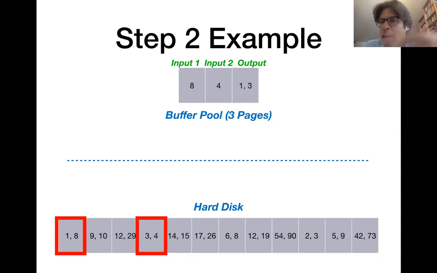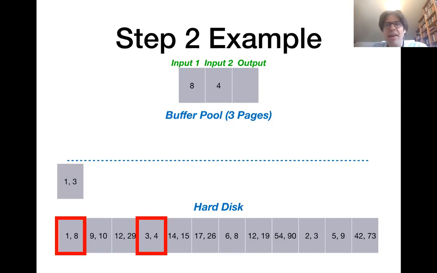So since the output buffer is full, before I can continue, I first of all need to save its content to hard disk, and I need to erase it so it can accept more entries. Of course, in principle, I could also write the output buffer to hard disk before it is completely full, but you don't want to do this because each time that you're writing something to hard disk, you're paying with overheads. So I only want to write the output buffer content to hard disk when it is absolutely necessary. And in this case, it is. So let's write the output buffer to hard disk,